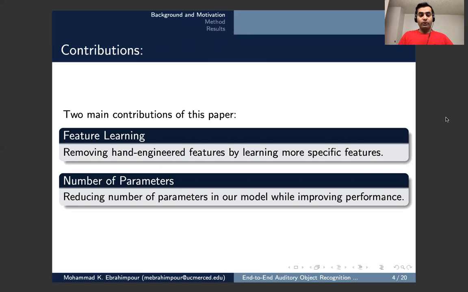First, we want to learn features. By removing the hand engineered features, we are going to learn more specific ones. And then we are going to reduce the number of parameters while we are improving the performance. Bear in mind that these two contributions are really important for both real-time edge computing applications and for advancing deep learning models for sound